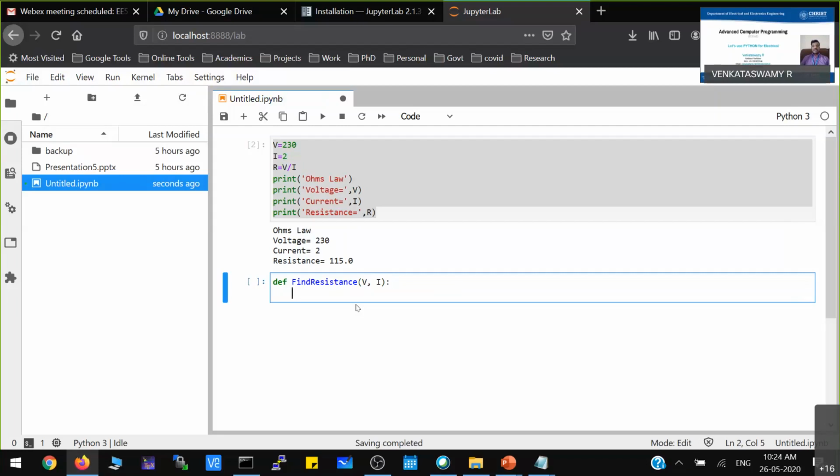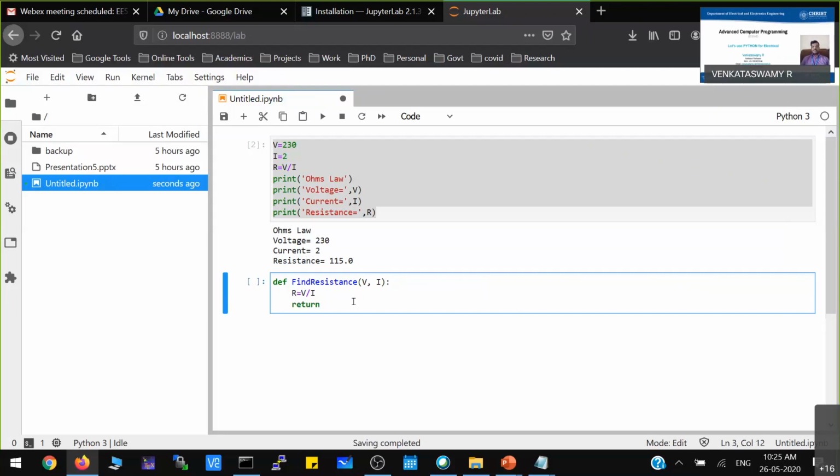Now what is the outcome? It has to calculate voltage by current, then store it in some variable R. Then this R value is the output of that program.